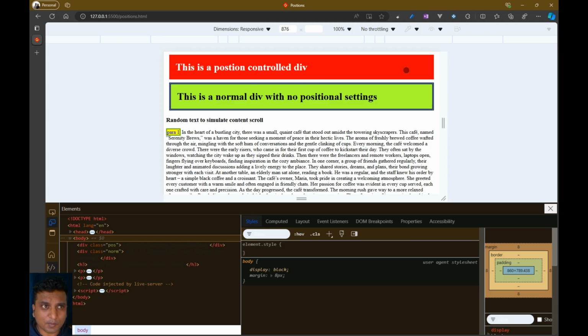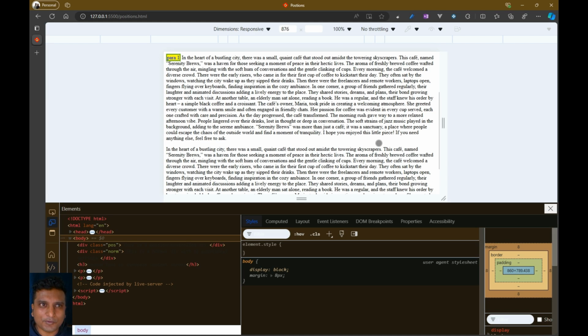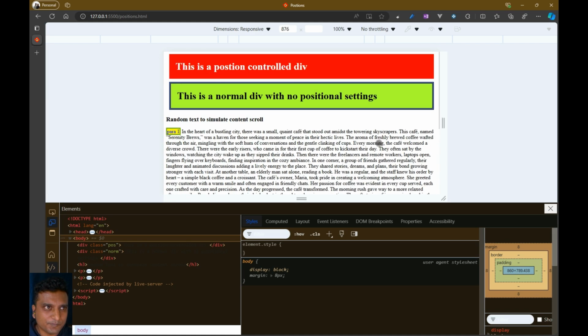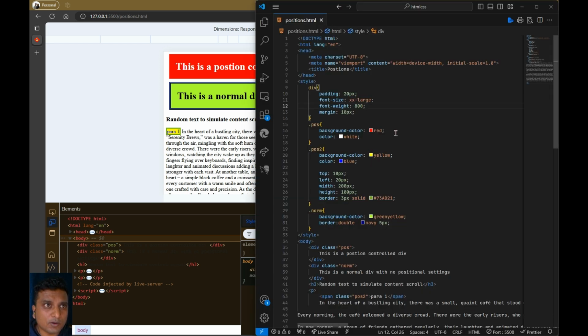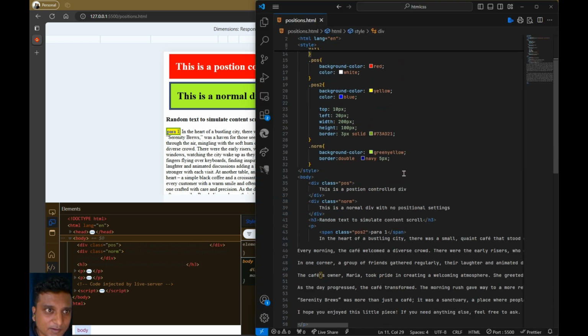at the top, which has a background color red, and there's another div with a background green. And I've created two paragraphs with identical random text. Also inside this paragraph, I have introduced a small span with a background color of its own, which has the text para1. Okay. So going back to our code over here, we have these styles created and of course